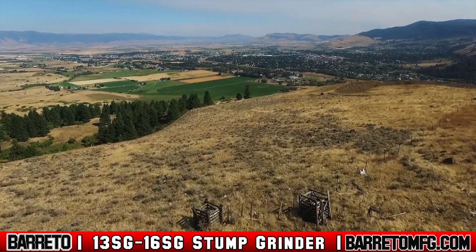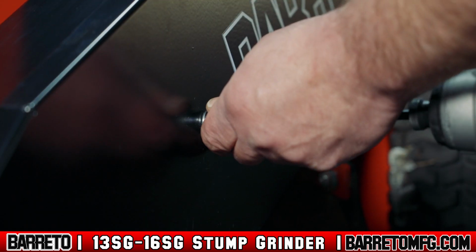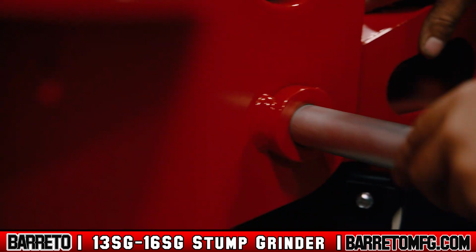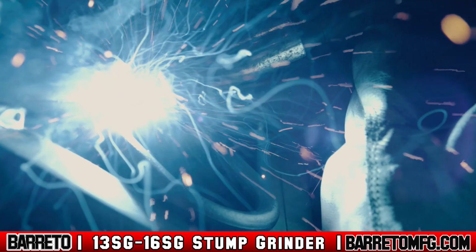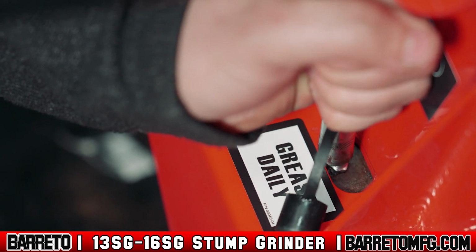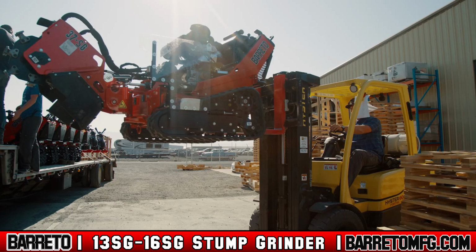Manufactured in the remote mountain community of La Grande, Oregon, the Barreto Manufacturing 13SG stump grinder is proudly made in America by professionals that take pride in making the highest quality equipment. From the laser cutting of the parts out of American steel to the welding, powder coating, and the final assembly, Barreto's professional staff makes every piece of equipment and tests it before loading it on a